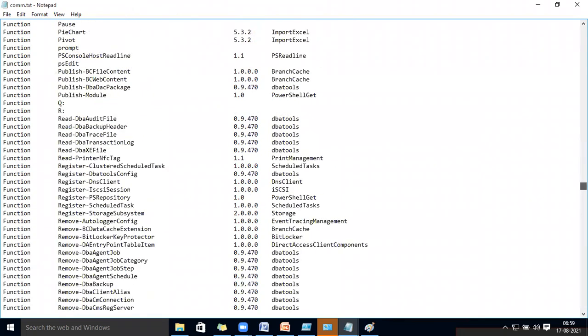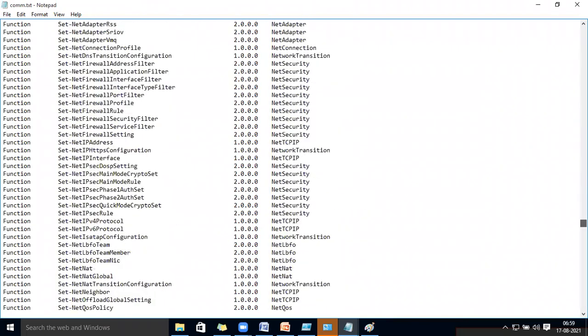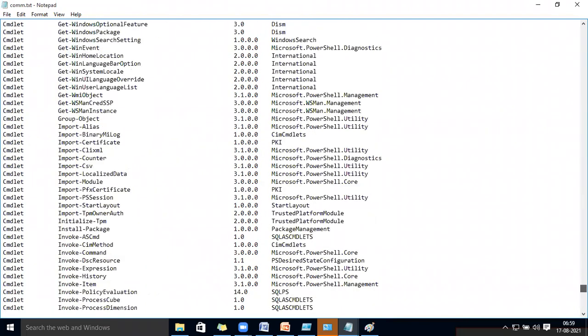So you can see these are the commands. Okay, so this DBA tool, is it a third party? No, it is not a third party. You don't have to import it from the internet. Now if you search in your computer, maybe the DBA tool will not come. Once we go and discuss the DBA tool, then in your computer you will